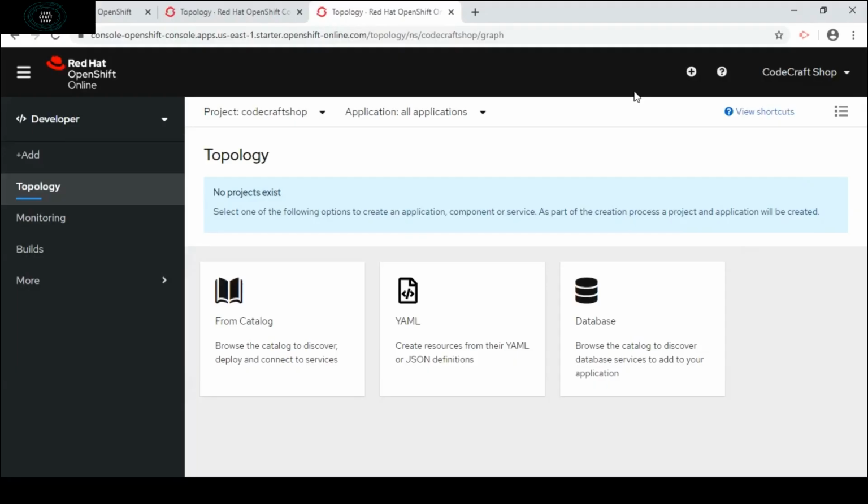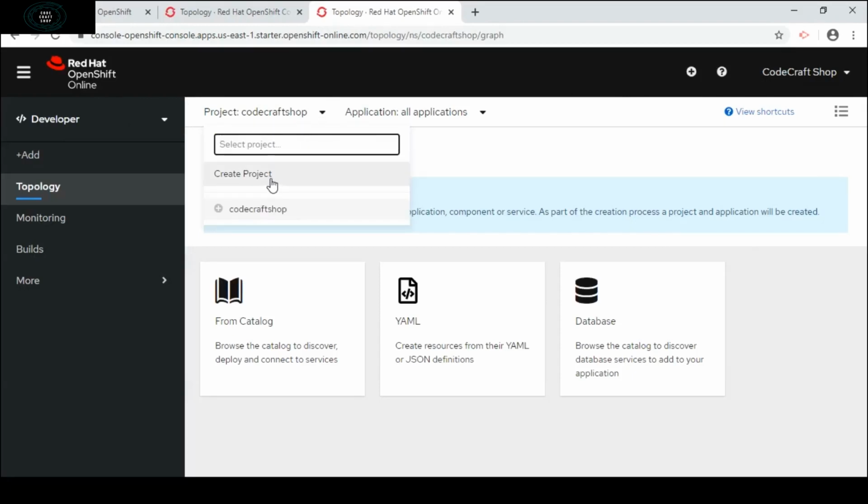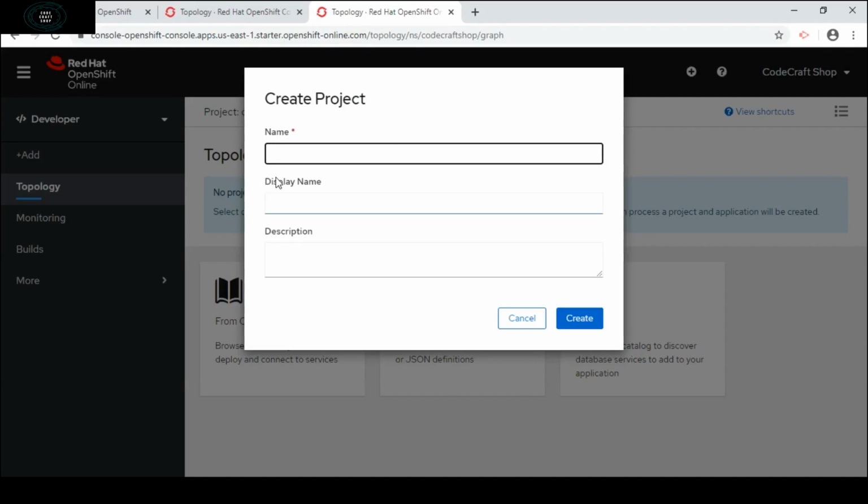So we have logged into the web console, and we are in the developer mode. What I will do is create a project from this option inside Projects, where there is a Create Project button. I will click on this. It will ask me for the project name.